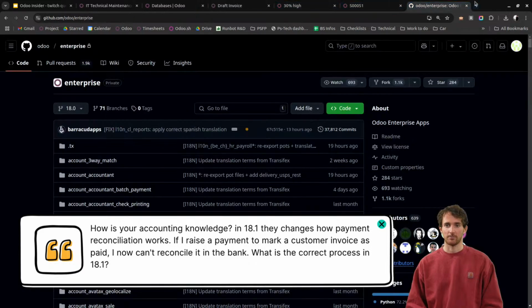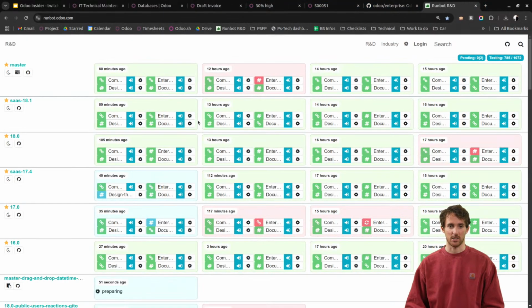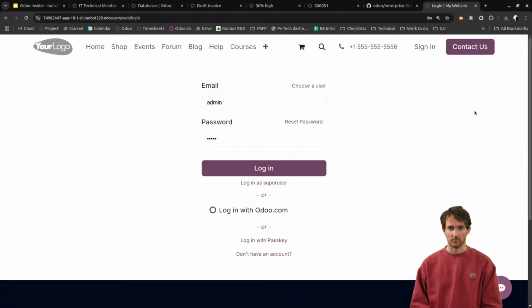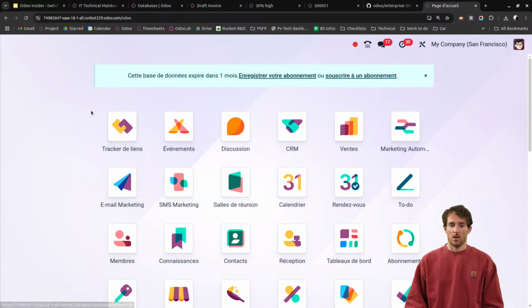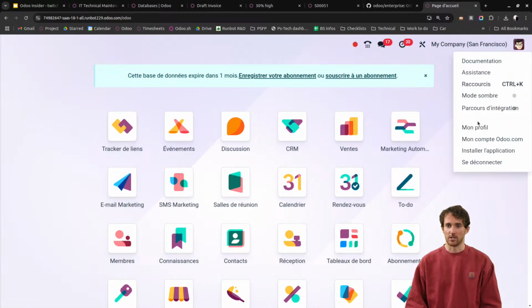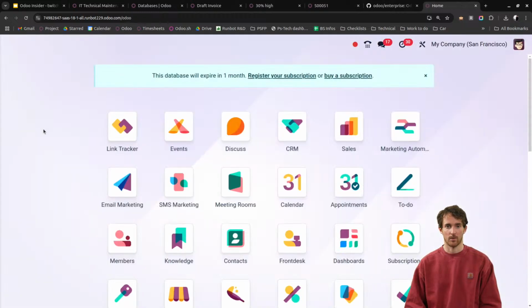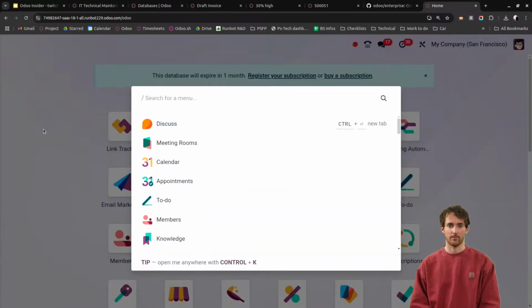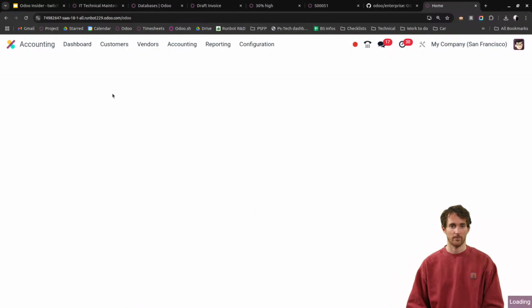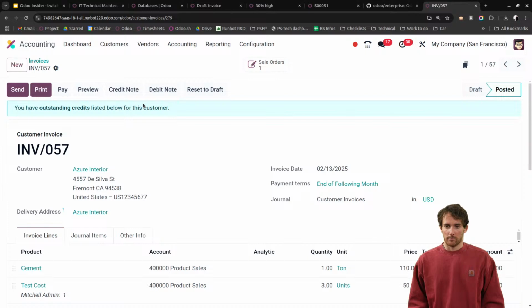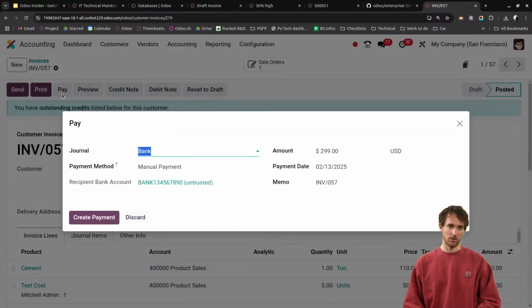Okay, let's try to see what has changed. So I'll connect to the 18.1 version. But can I? Yes, I can. Okay, here I'm in French, I'm just going to change the language. Good. So here what you tell me is that if I go to a customer invoice, so if I raise a payment to mark the customer invoice as paid, so if you mean this option here,